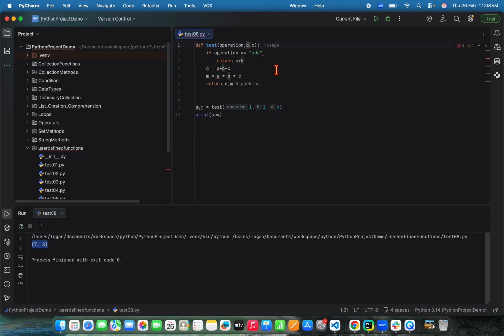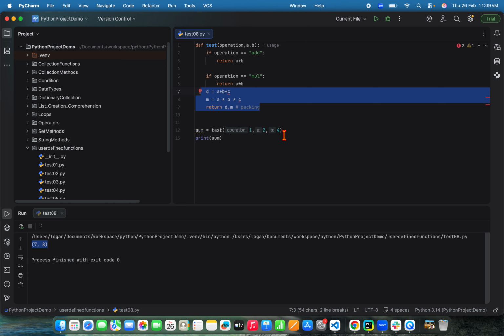I'll change this as a comma b. And then if operation is multiplication, mul, then I'll do a star b and return a star b. If anything else,